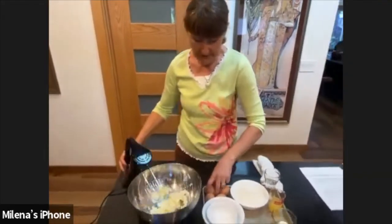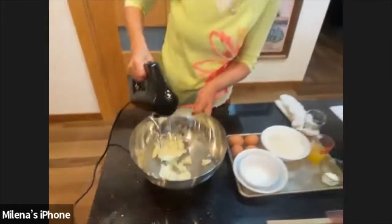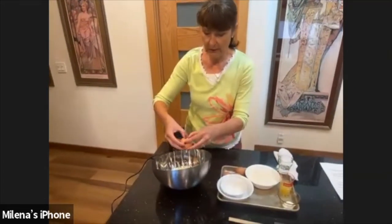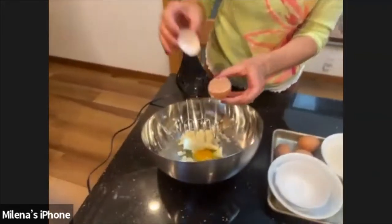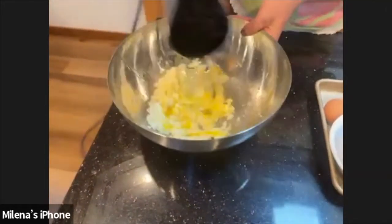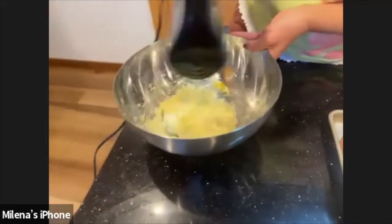So here we go. Now we have the butter combined with the sugar, and you can actually do this longer to totally whip it all together, but you know, this will work too. And you have 2 different ways. You can either put a whole egg in, like I'm doing now. We're gonna put a total of 4 eggs in there, one at a time, and mix it up. Or you can separate the egg whites from the egg yolk